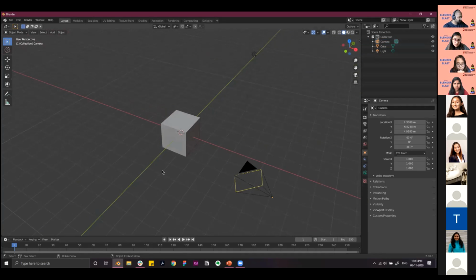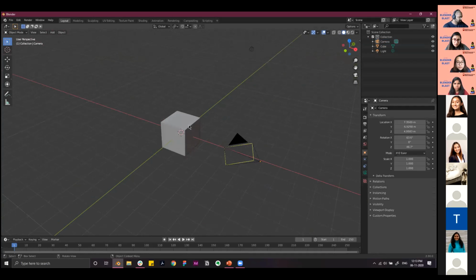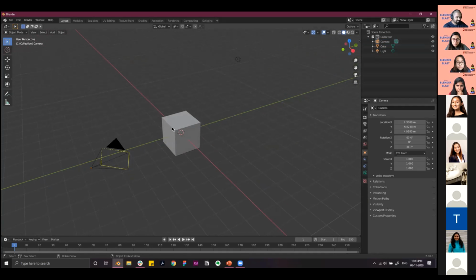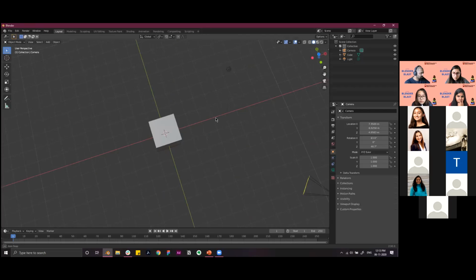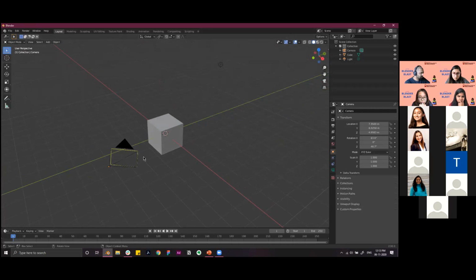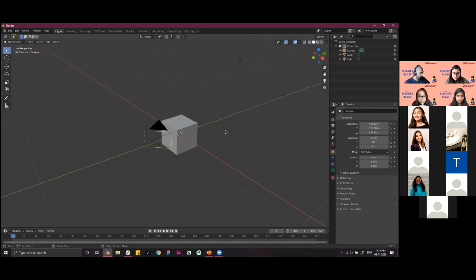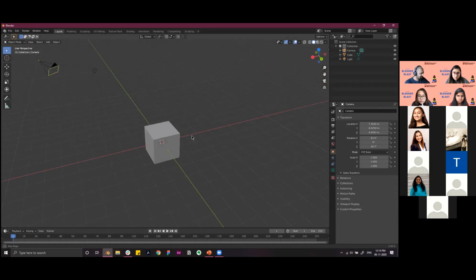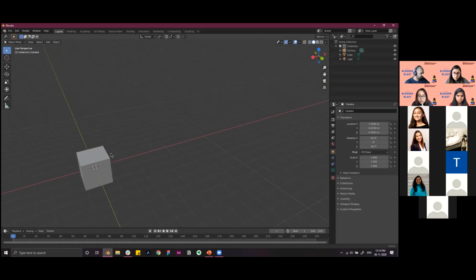The way you manipulate the UI of Blender is basically using the middle mouse. When you press and hold the middle mouse, you can orbit and look around in 3D, moving the camera around. If you want to pan, you hold Shift and the middle mouse button and you can pan around in 3D. So that's how you move: rotating around with the camera and then panning with Shift and middle mouse.